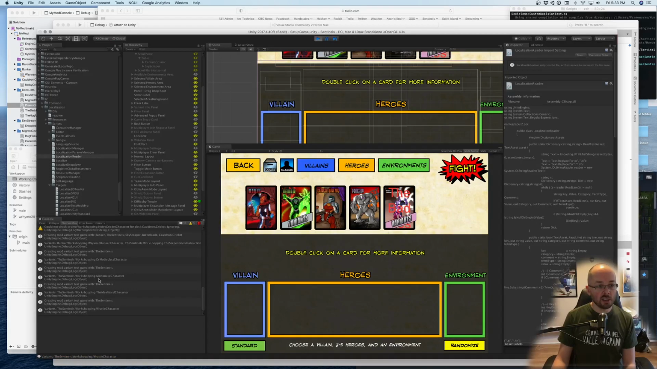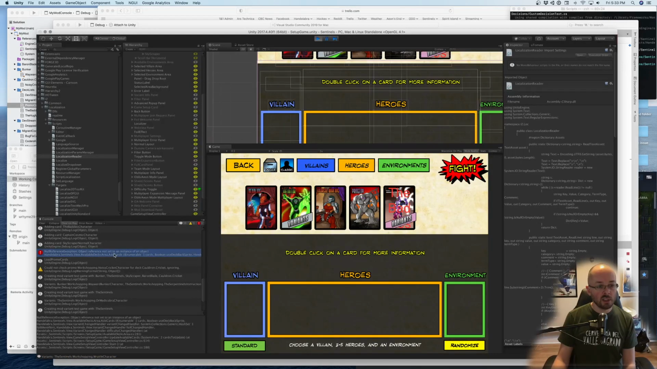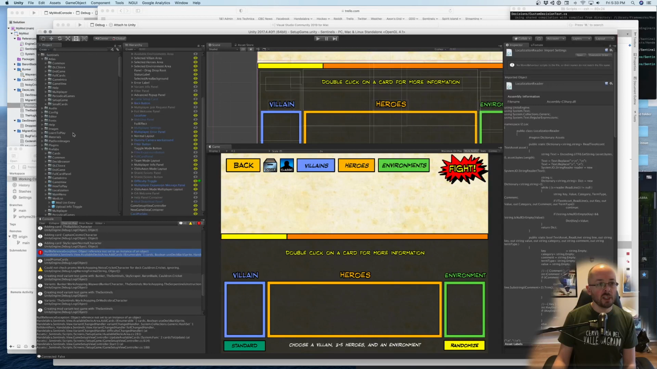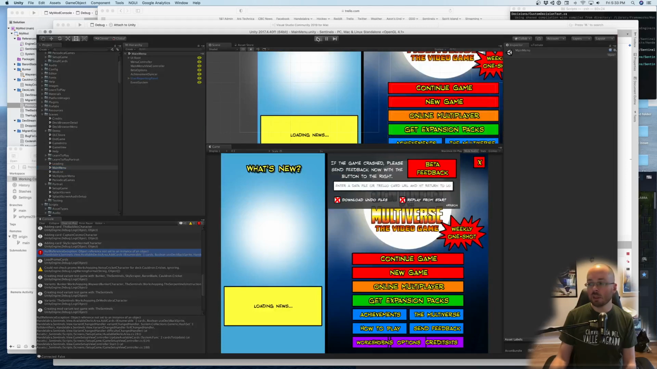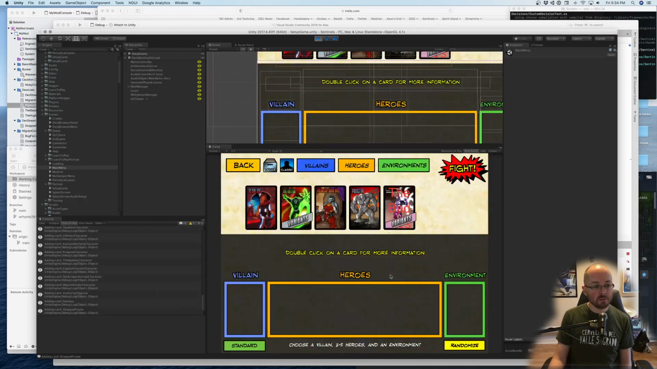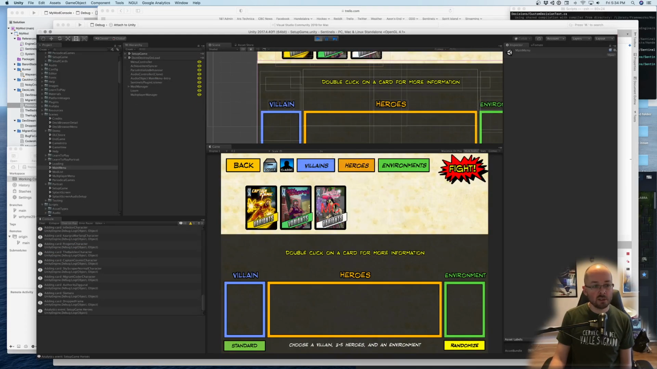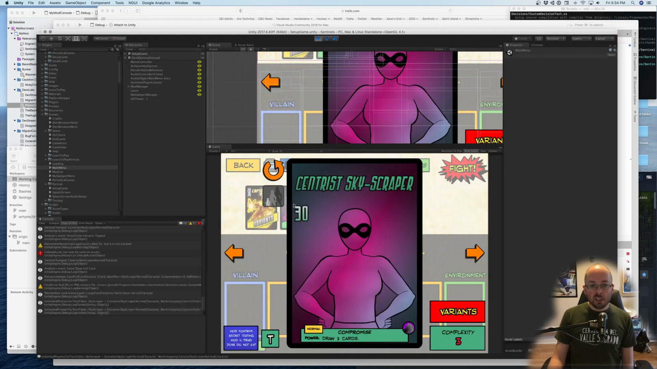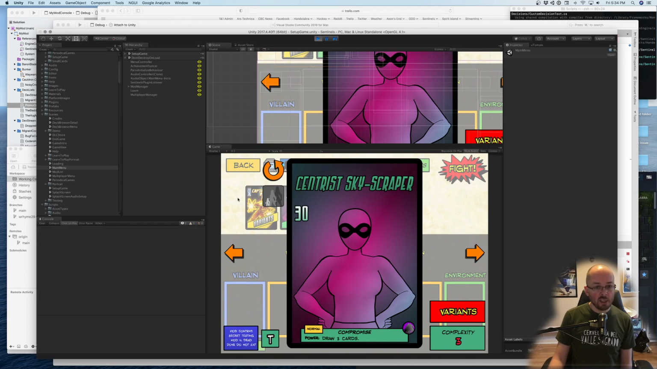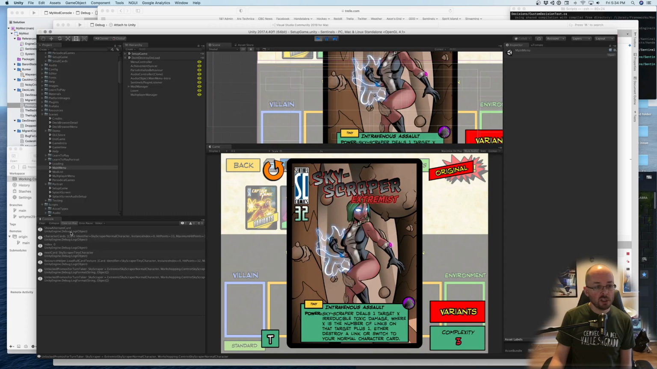We're getting some other warnings. Oh, here's a null reference here. Yeah, so there's some funkiness going on from running this screen directly. So let's go to the main menu and see if things are okay from there. Yeah, no errors there. All right, there's our Centris Skyscraper. And if we click this, show alternate card,